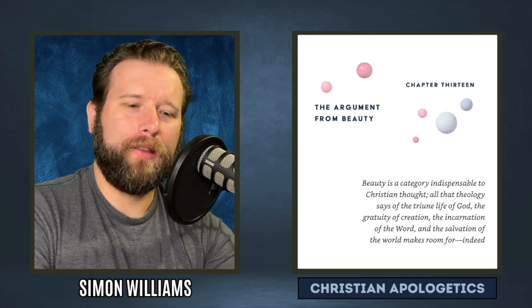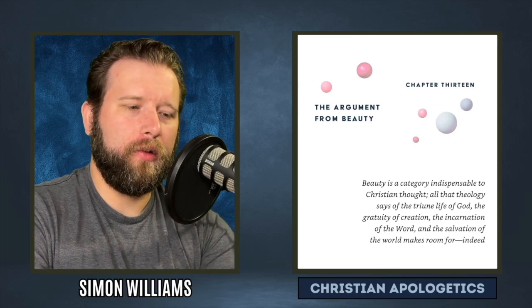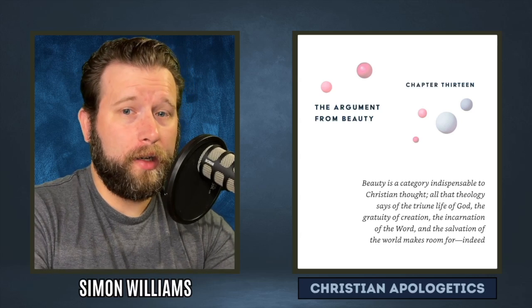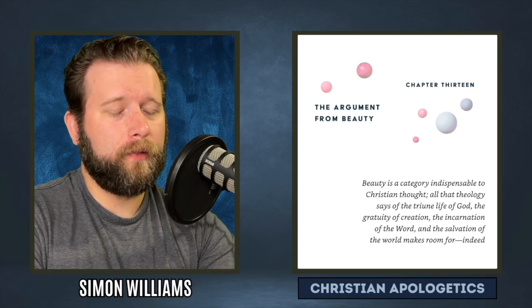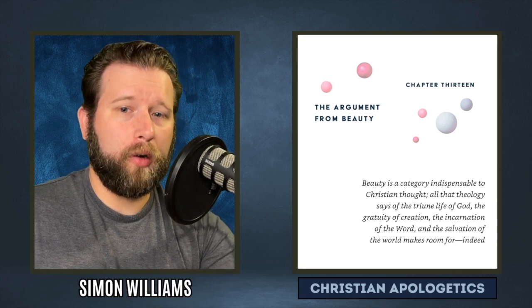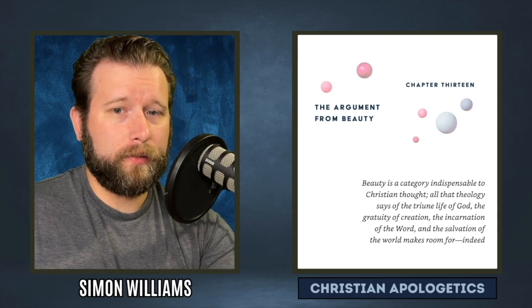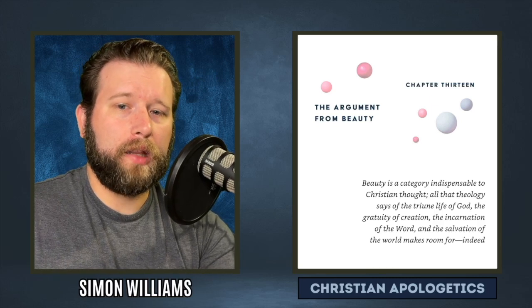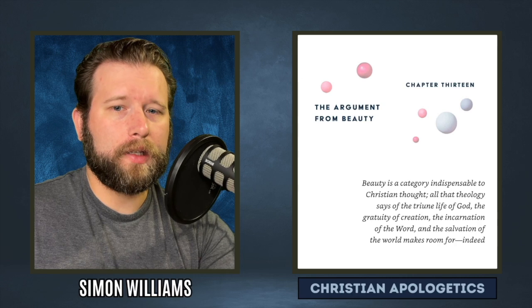I hope that you liked this chapter on the fine-tuning argument. I hope that you like the teleological argument. There are a variety of different kinds of teleological arguments or fine-tuning arguments. Remember, teleology deals with purpose. And purpose is a mark of intelligence. So if we can show that there seems to be purpose behind the universe, then that is indicative of design.